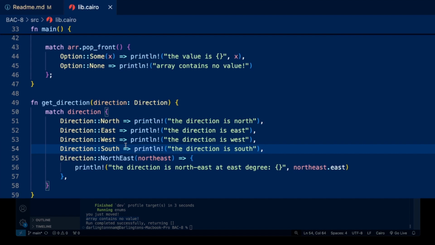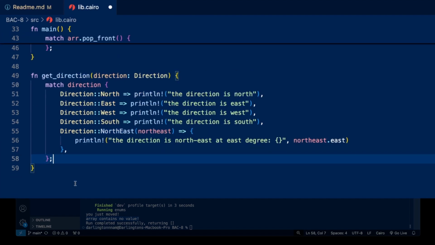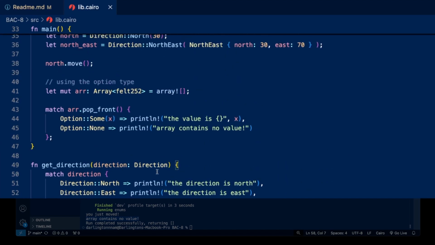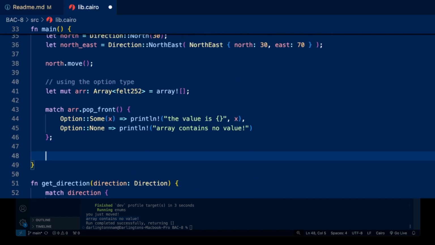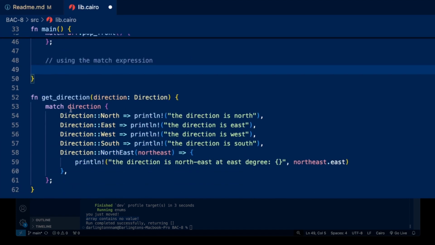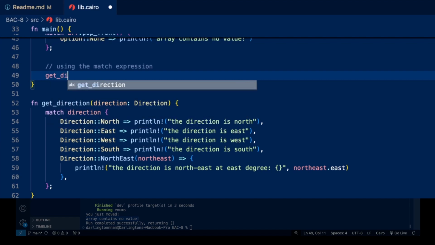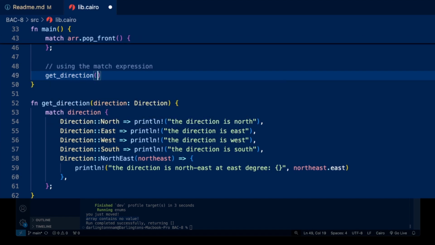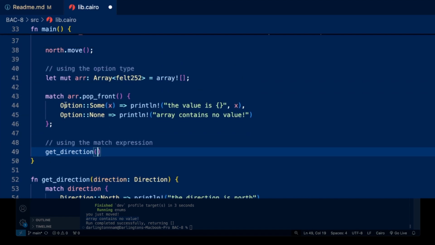I hope that's not a lot of information to comprehend. You'd probably wrap your head around it as we go further. So now let's try to call this get direction function. In here, I'm just going to call this using the match expression. I want to call this get direction function, so I'm just going to say get direction, and pass in